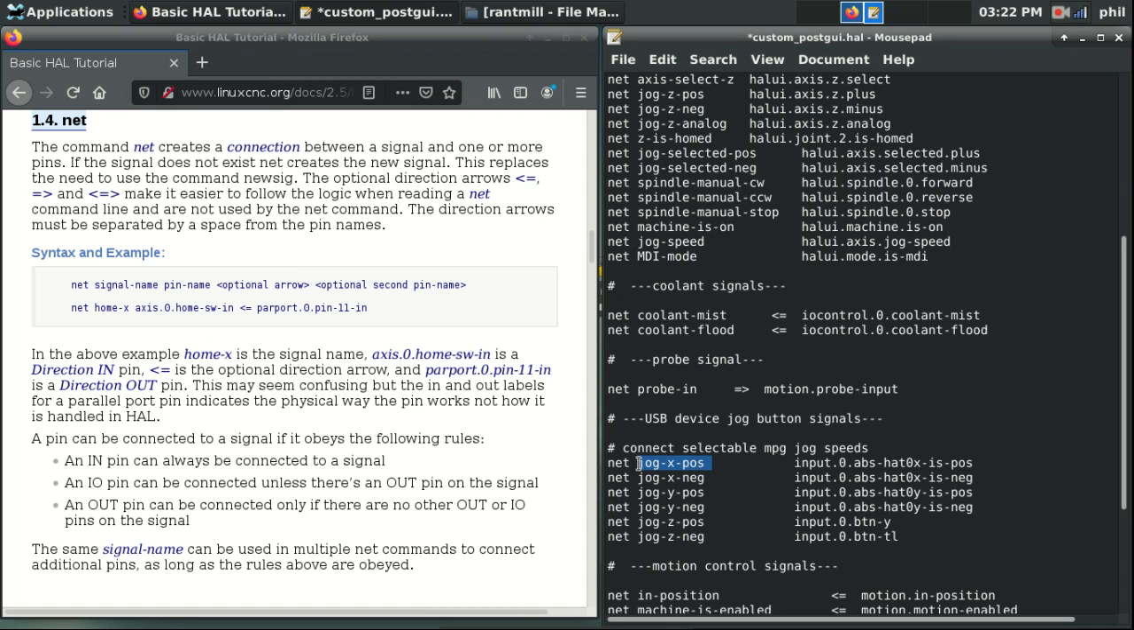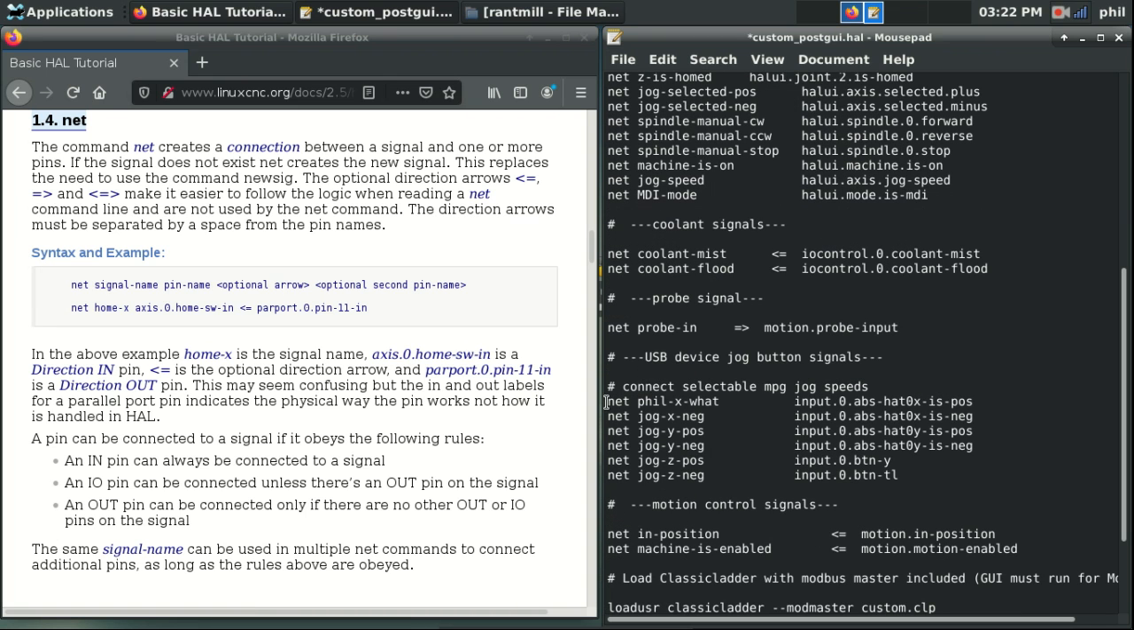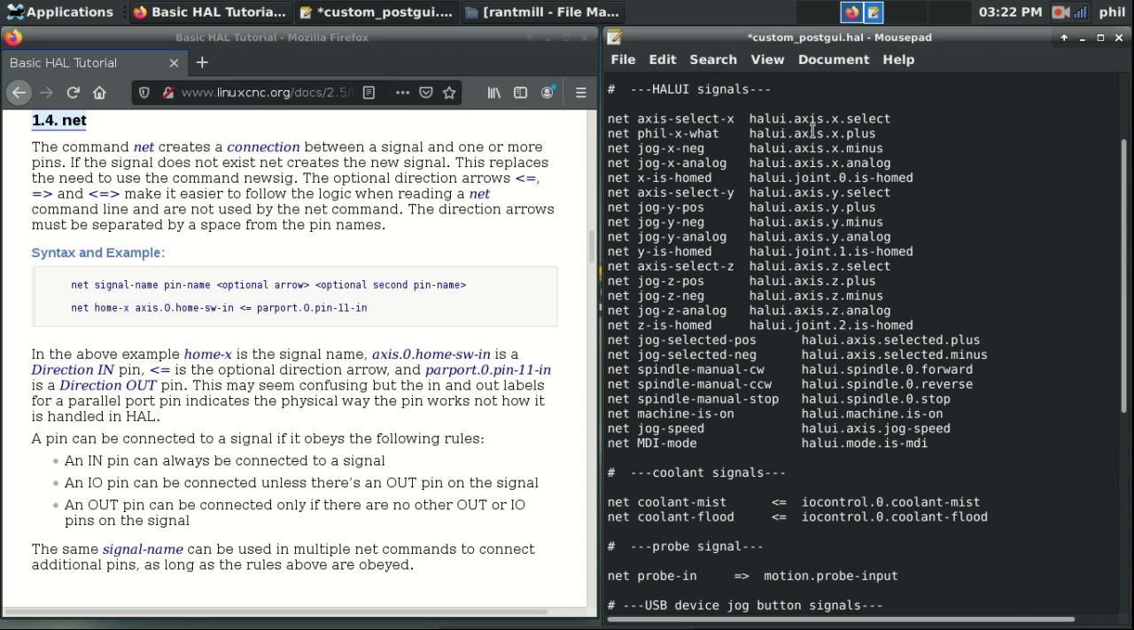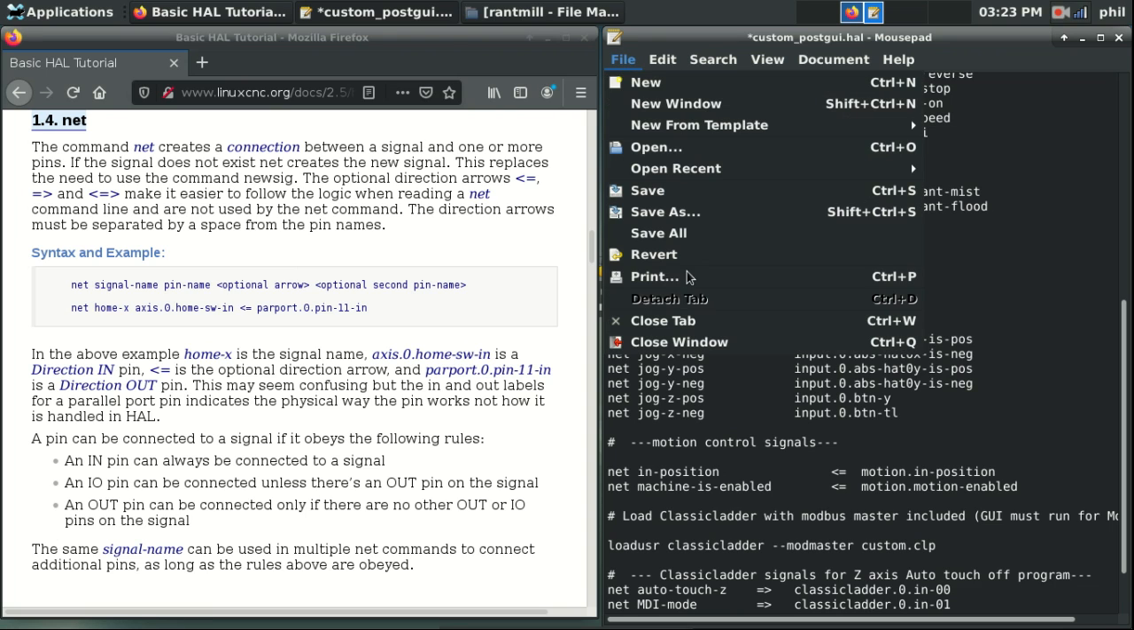Just like down here, this net jog-x-pause, if I change that to fill-x-what, that is telling this net line that it's connected to this net line, and that the HAL UI signal is connected to the physical input.0.abs-hat0x is pause. And that was the signal for the directional pad for pressing to the right. So if I save that